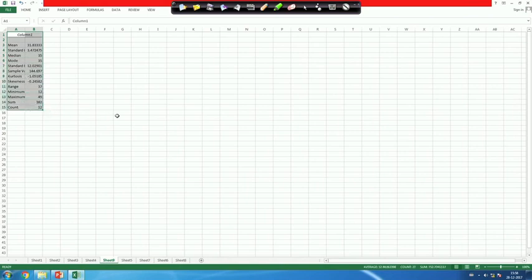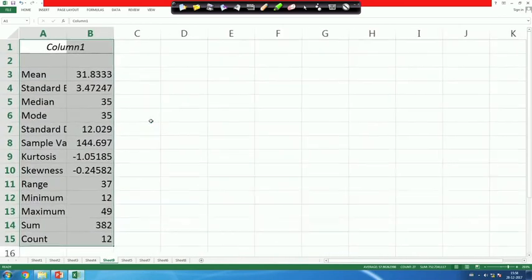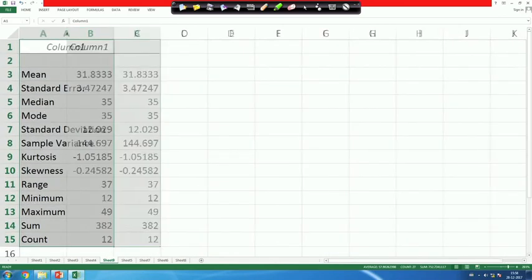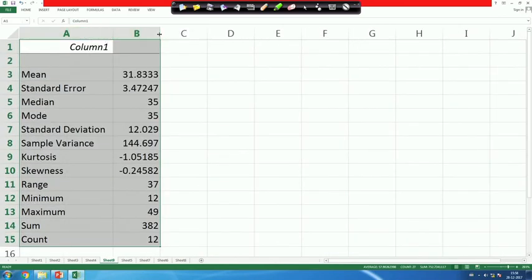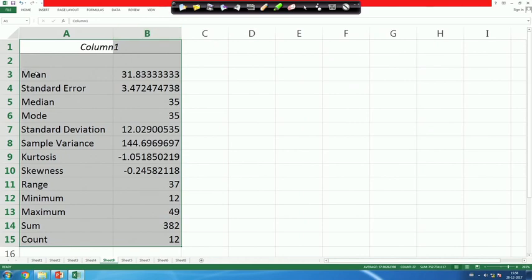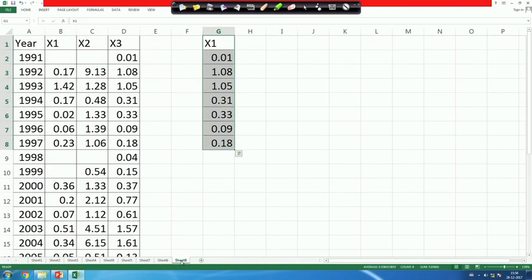Let me enlarge it so you can see. These are the descriptive statistics which we have already discussed. From the data set, this is the variable x, and the original data set is